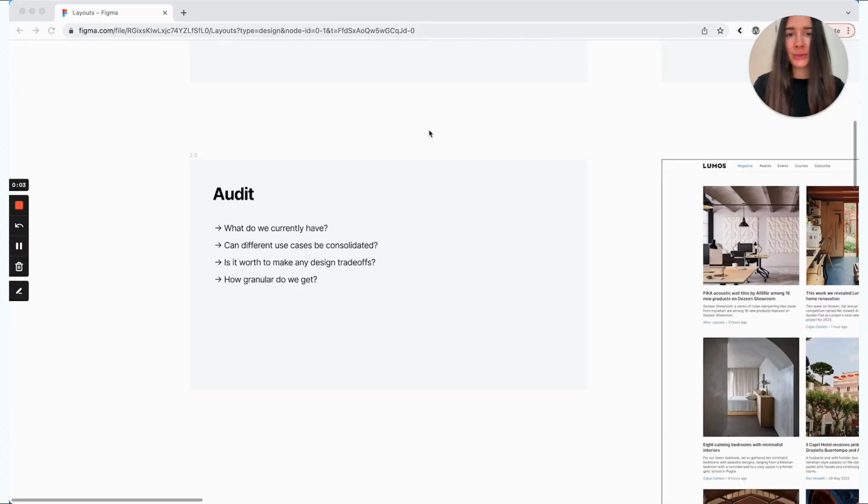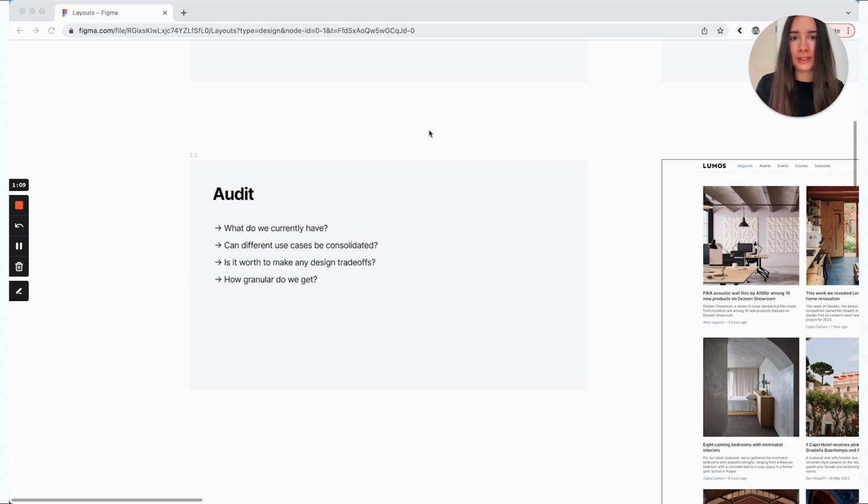Okay, so you decide to revamp your layouts, and the first thing to do is an audit, starting with just what do we currently have, both from the visual side and inside code. If you currently don't have an app yet and you're just starting out, it is, of course, worth thinking about layouts, but I probably would not spend too much time fixating on them because things are most likely to change once you start developing, and you may end up doing this whole process again, which is totally okay. And of course, if you take some time beforehand to really think about it, you'll probably have less work to do in the future. But anyway, first thing is figure out what you currently have.